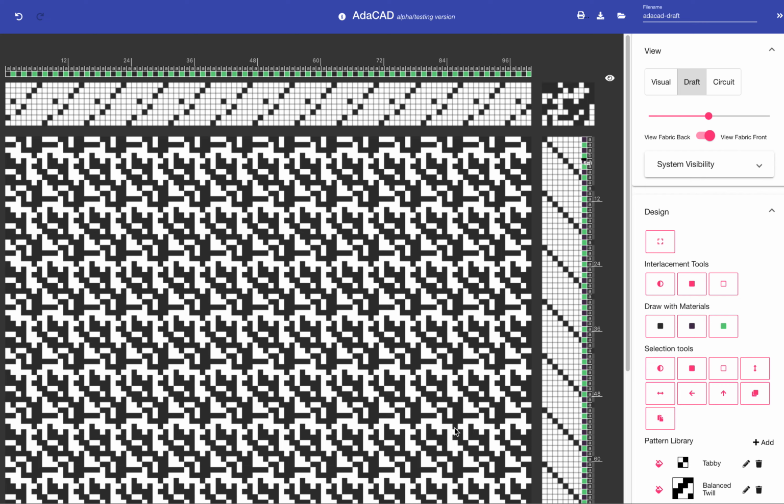In this video, I'm going to show you some of the different view possibilities of AdaCAD. The program defaults, or starts, in the draft view. So this is the view we might use if we're just thinking about the structure of the yarns. And here, a black square means that the heddle is lifted, and a white square means that the heddle is